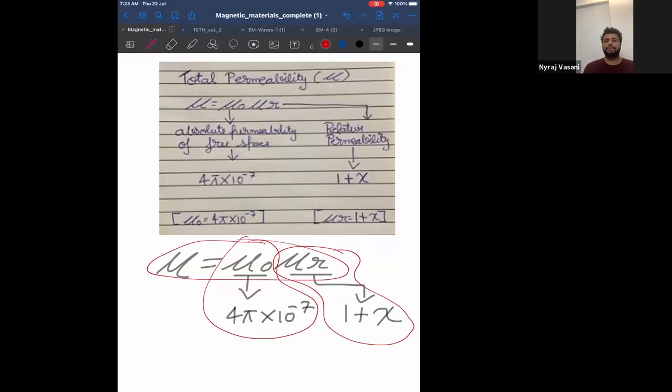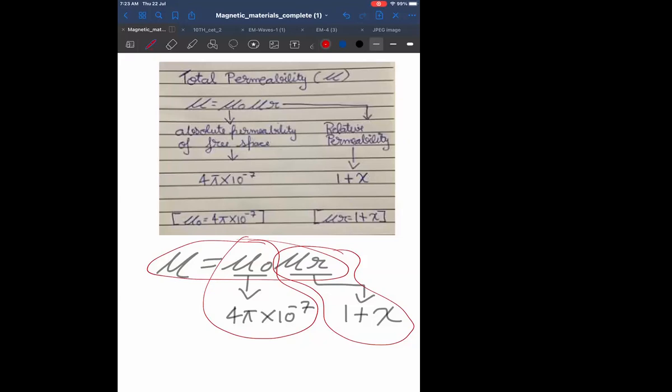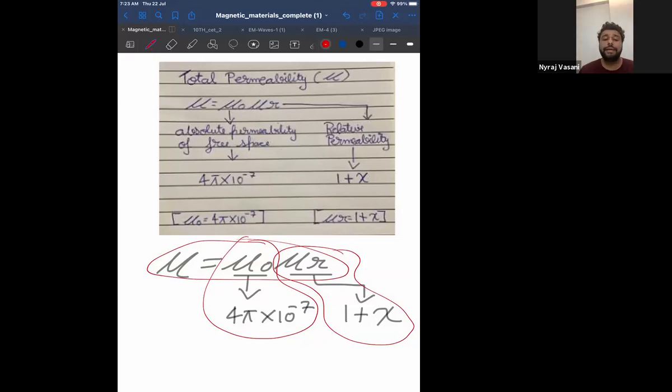And in 11th standard also, you have studied the same formula, that mu naught is equal to 4 pi into 10 power minus 7. In electrostatics, epsilon naught will not change. We did this in 11th standard. You remember 1 by 4 pi epsilon naught. Here mu naught will not change. So please make a note. Please remember these will be the next 3 formulae that you have to study. One is total permeability, absolute permeability, and relative permeability. Relative permeability is 1 plus susceptibility. So make a note.